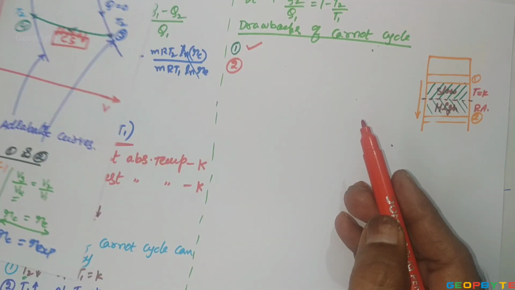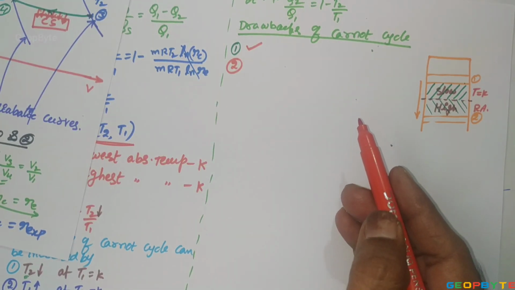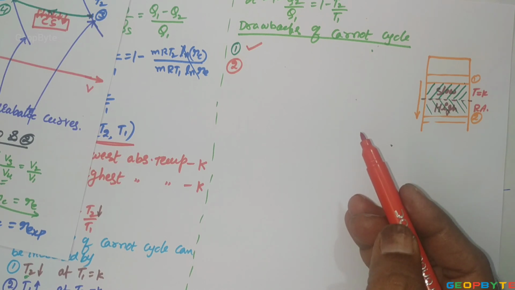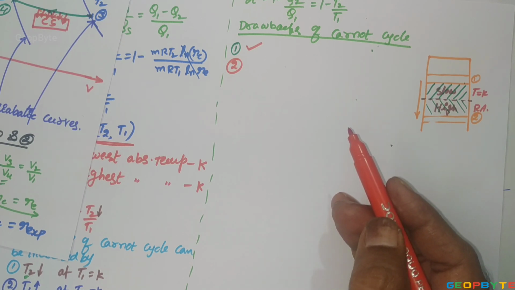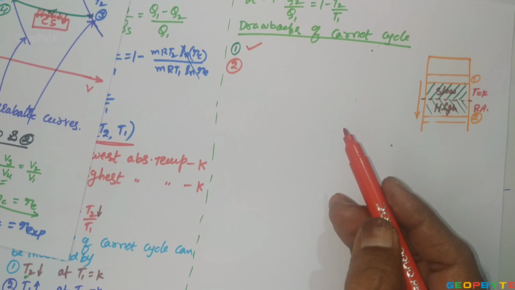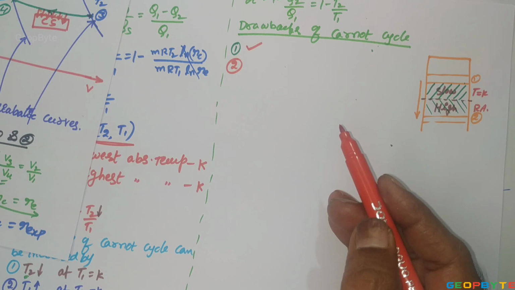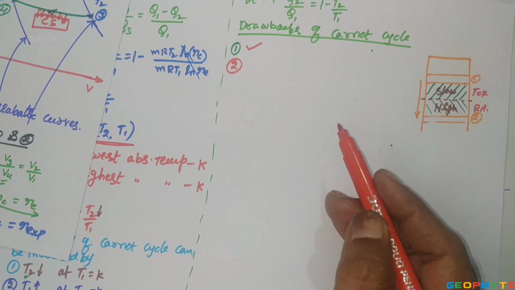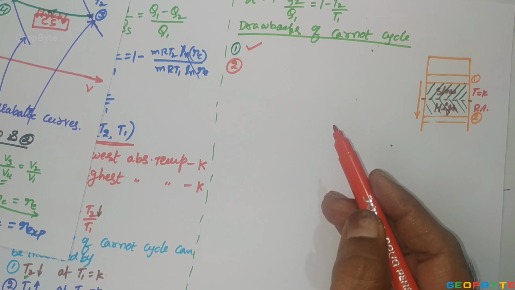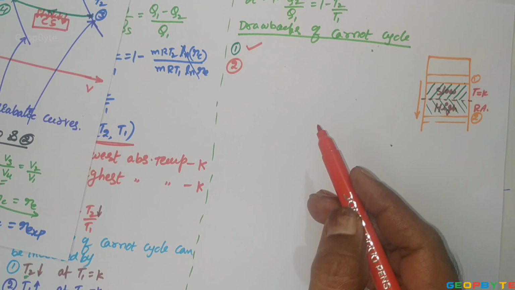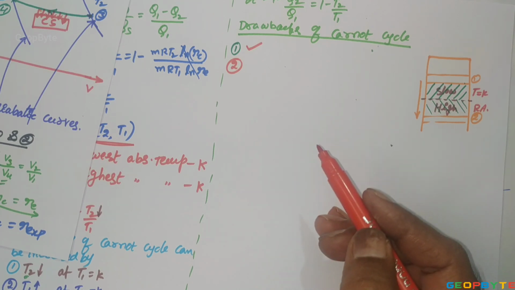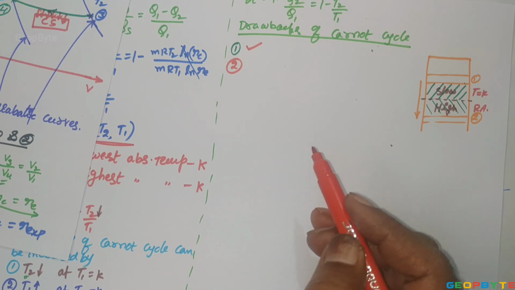Take water. While you are heating the water, initially the temperature of the water increases until it reaches boiling point. But once the water reaches boiling point, water starts evaporation. During the entire evaporation process, the temperature of the working material remains constant. That boiling or evaporation process is the phase change process. The working material can maintain constant temperature though you have added heat while it is changing its phase.